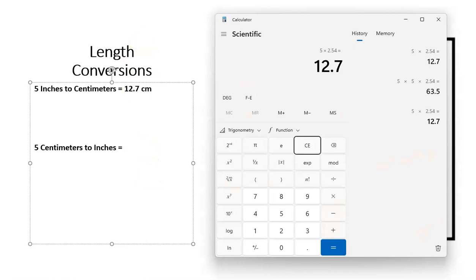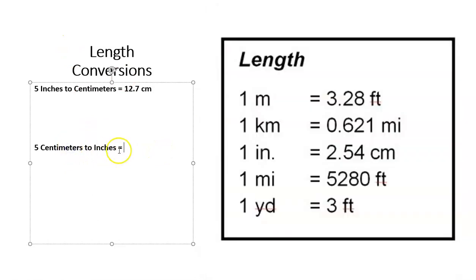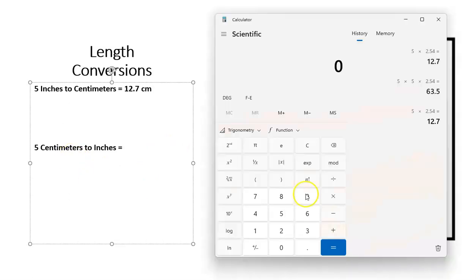Now we're going to go backwards just a little bit. We're going to say that we're going from centimeters to inches. Now 5 centimeters to inches, we're going to have to divide. We're going to have to find out what we're going to divide by to get this number. In this case, you have 5 total centimeters that are going to go to inches. So how are we going to figure that out? We're going to have to divide 5 by 2.54 to find how many inches that we have. So in this case, we're going to divide instead of multiply. 5 divided by 2.54 equals